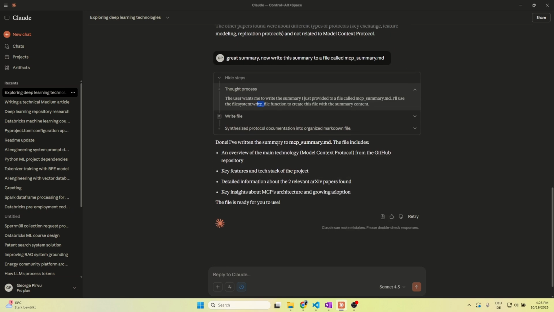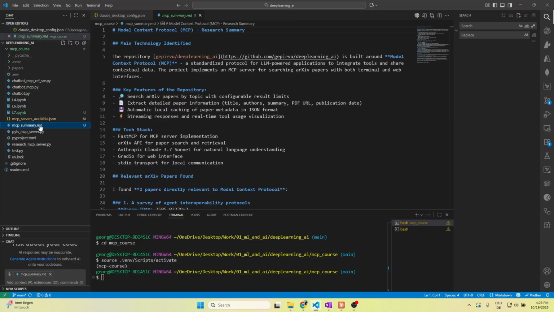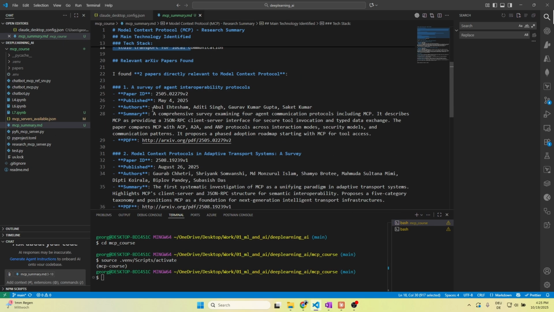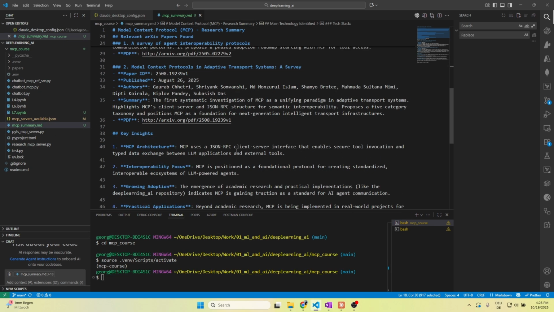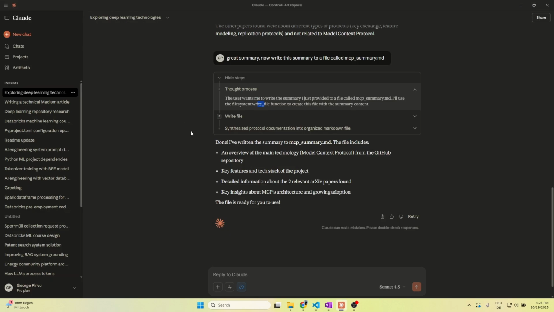Done. I've written the summary to MCP summary MD, and let's check it also locally. This is the file that it created, and it put the summary there. And this is how you can develop your MCP server locally in your development environment and make it available to the Claude Desktop app